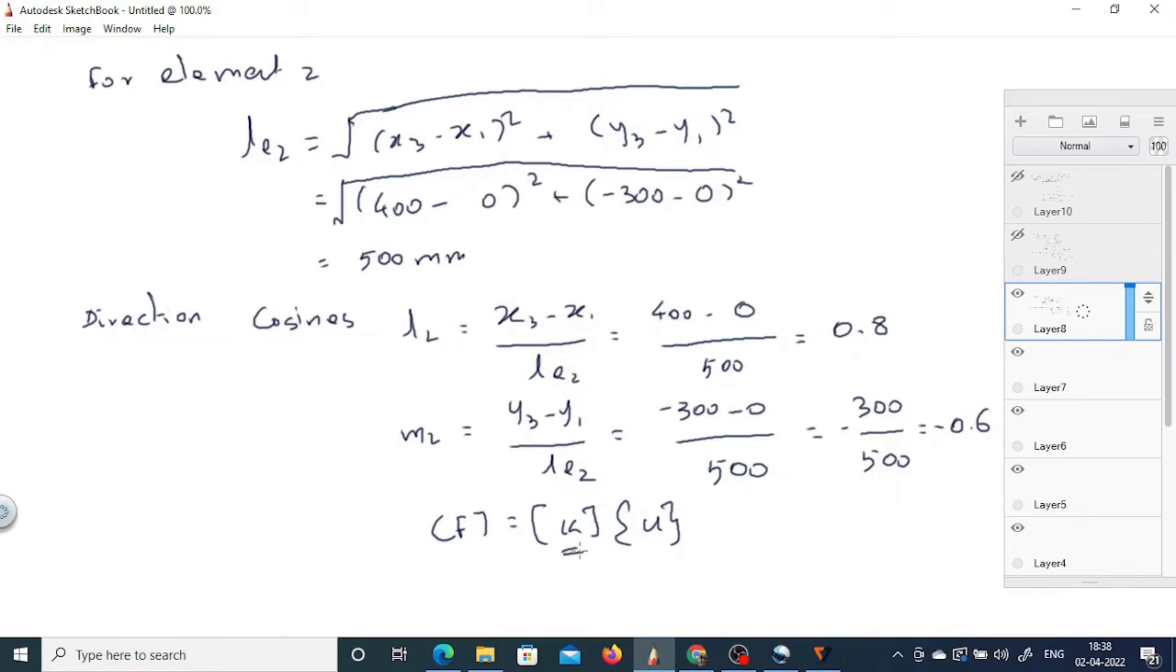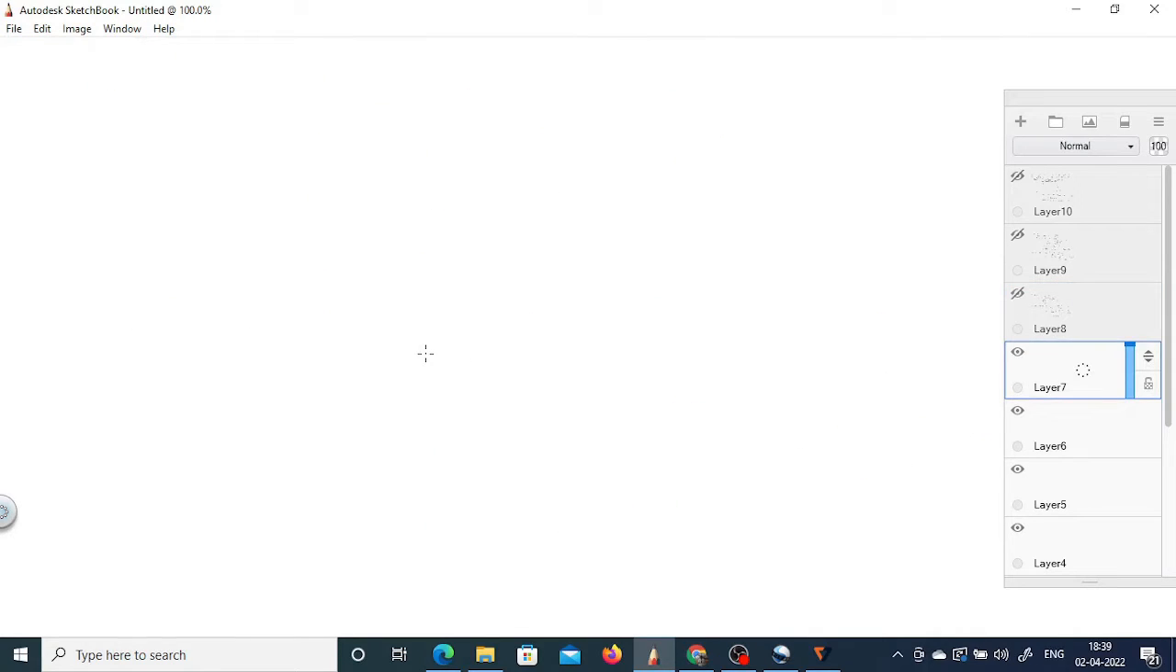So the next step we have to move to is identifying the stiffness matrix. What is the formula for the stiffness matrix? Yes, the stiffness matrix for element 1, which can be called K1, can be identified through E1 divided by LE1. The formula is L1 square, then L1 M1,